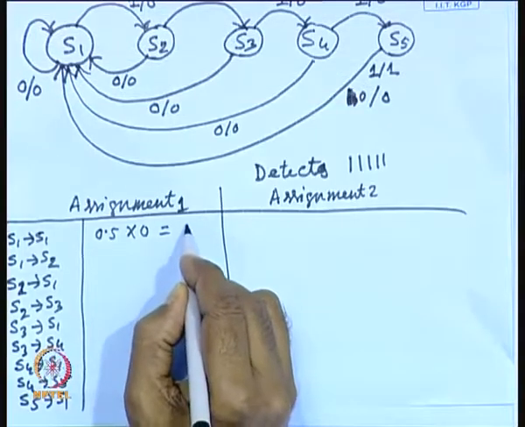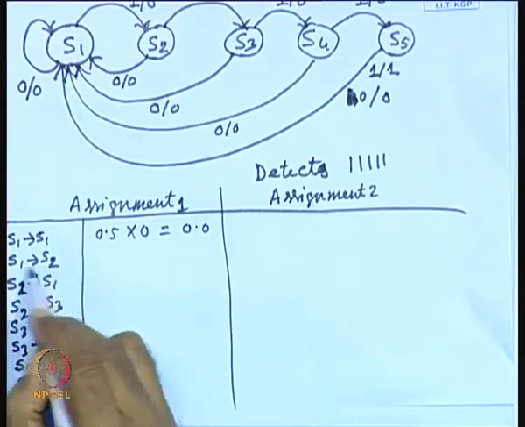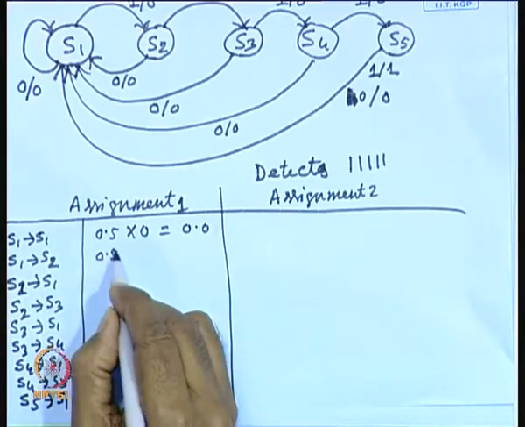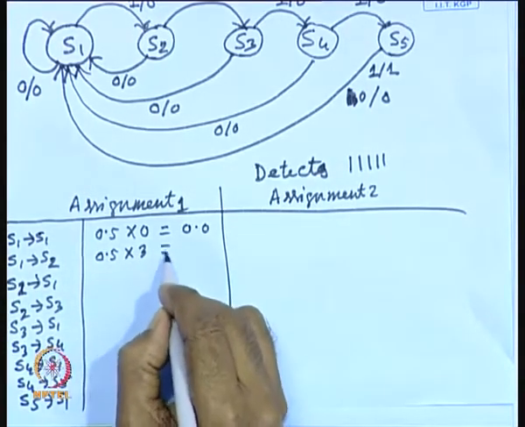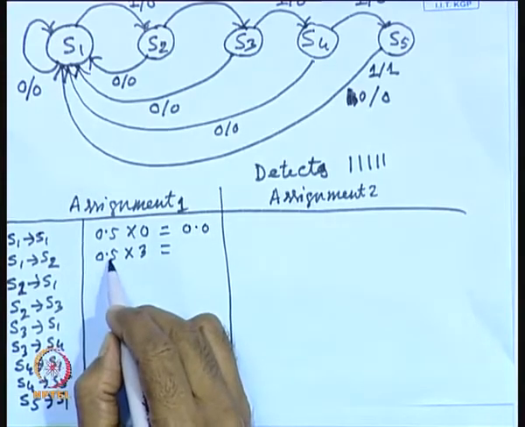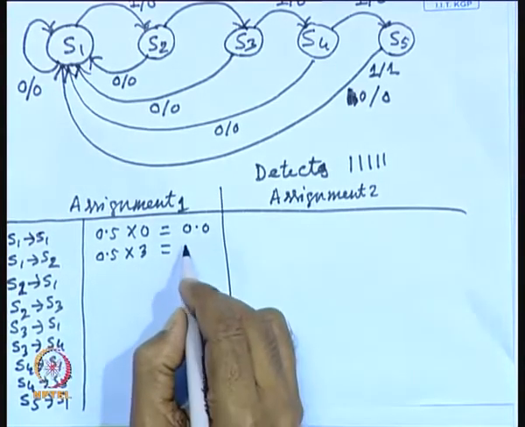So, it will be 0.0. When it goes from S1 to S2, the probability of transition is 0.5, and the switching activity is 3, because this is 000 and here it is 001. So, it will be